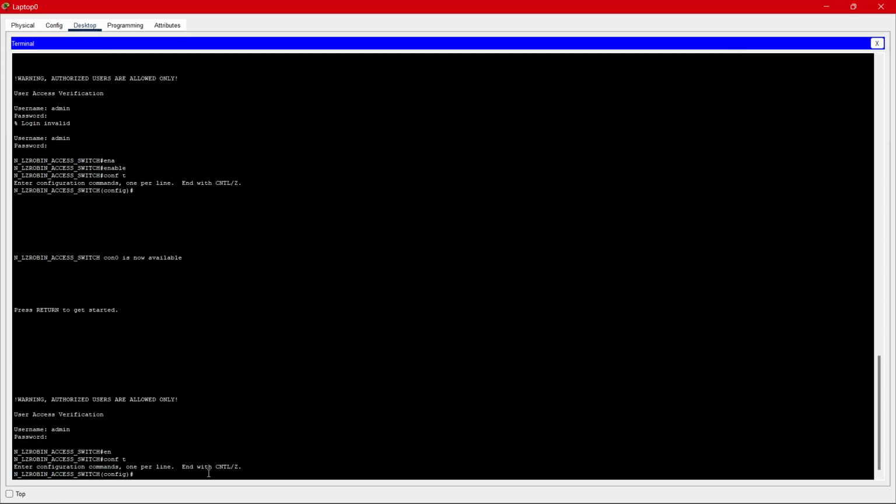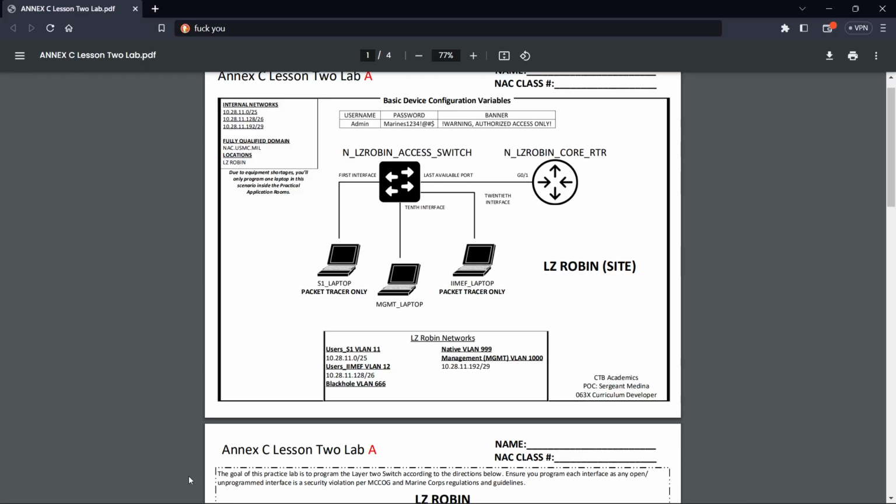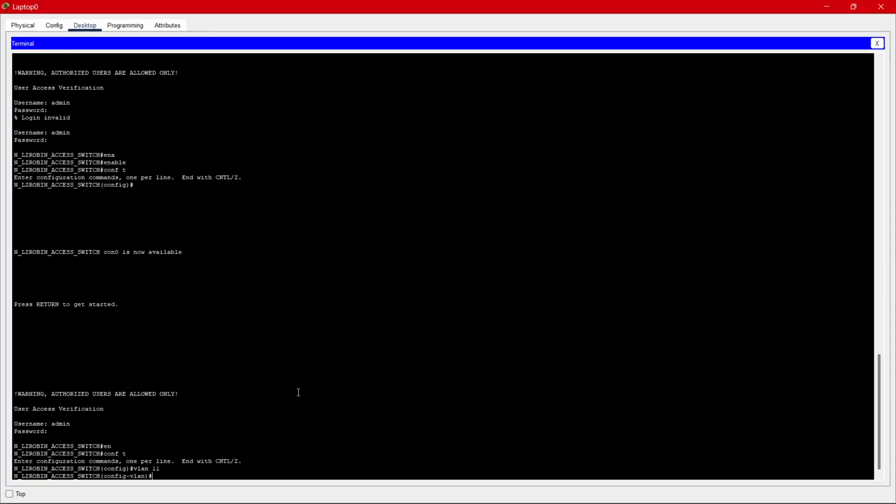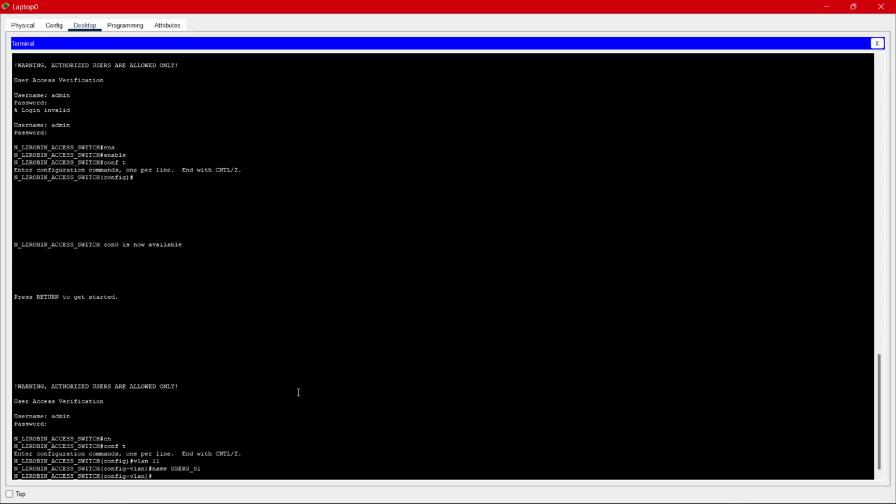So now we're going to start configuring VLANs. So the command to configure VLAN 11, which will be the user's VLAN, as you can see right here, Users S1 VLAN 11. We are going to work with that. So we're going to go into VLAN, name that users underscore S1. And then we're going to exit that because right now we are in the config VLAN stage. So right now we cannot give any kind of addressing information to the VLANs. So we're going to exit out there